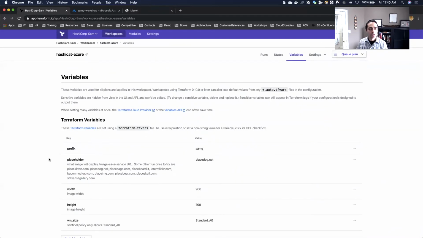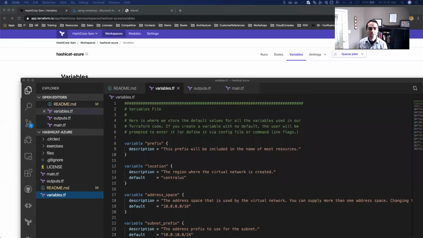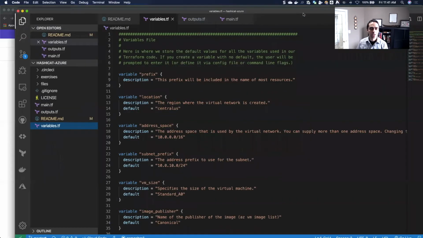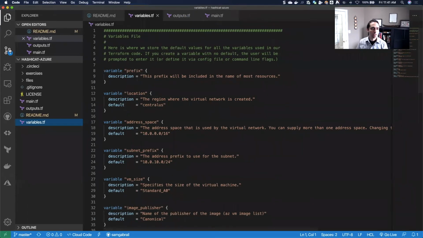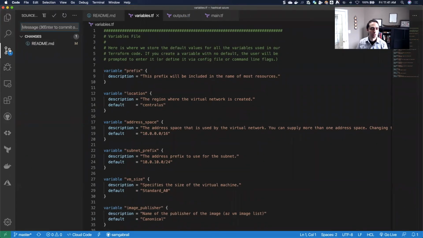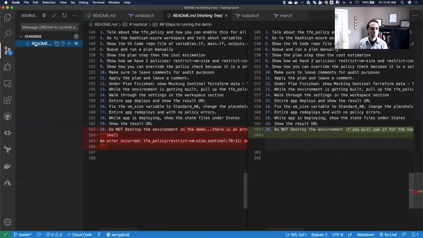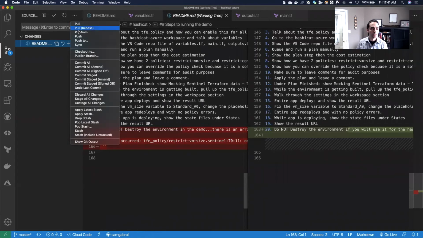Excellent. So that's done. And what I'll do is, instead of queuing the plan to run it manually, I'm going to actually show you how to use version control to do that. So let's go back here. And it looks like I do have a change in my README file, which is good, that I can use to trigger the